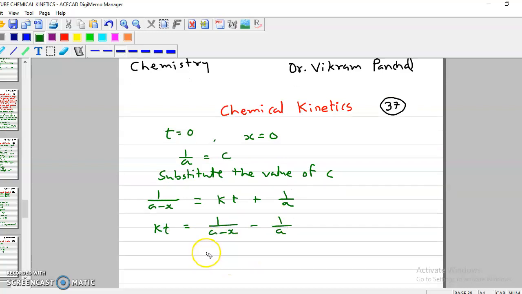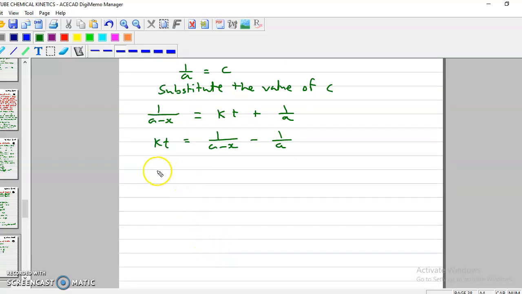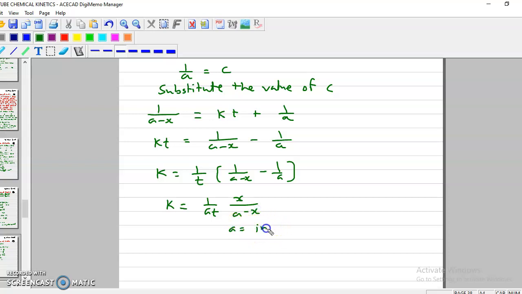If you simplify this, the answer will be k is equal to 1 upon t into bracket 1 upon (a minus x) minus 1 upon a. So k is equal to 1 upon at into x upon (a minus x), where a is equal to the initial concentration